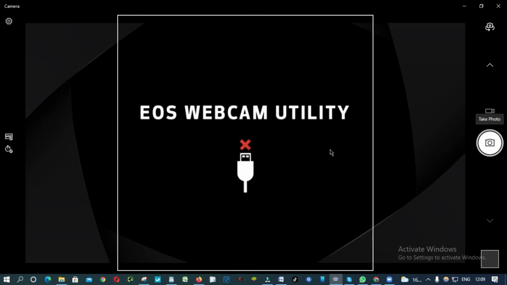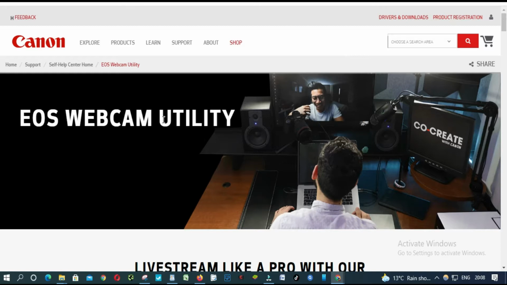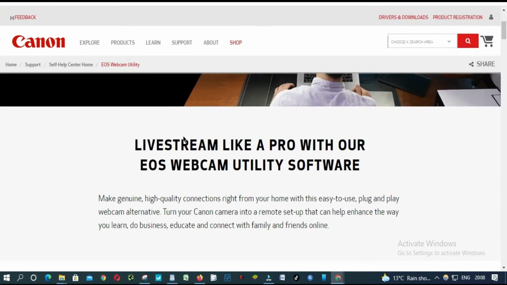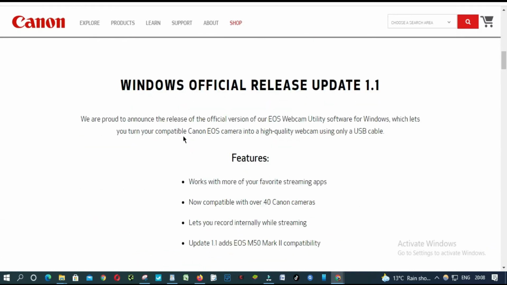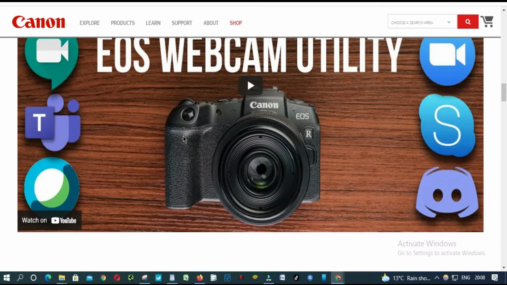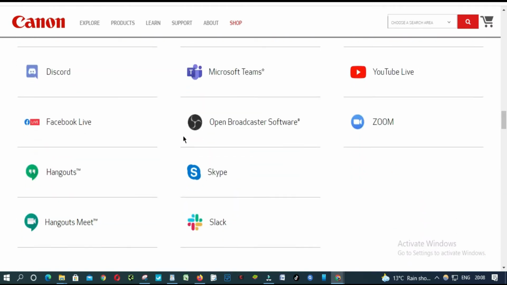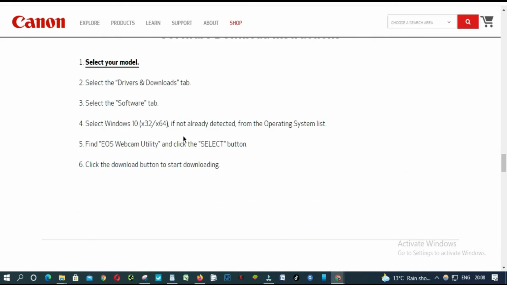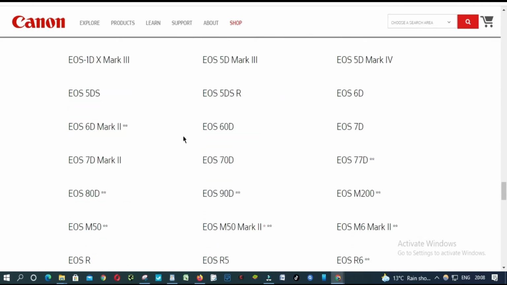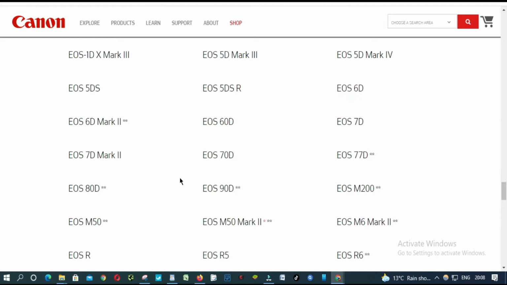I'm going to put a link in the description where you can download the Canon webcam utility. Let's start. So open the link in the description below and you will be on the Canon website, and you scroll down, keep going down, keep going, and then from here you select your